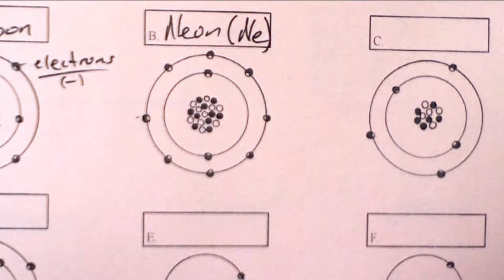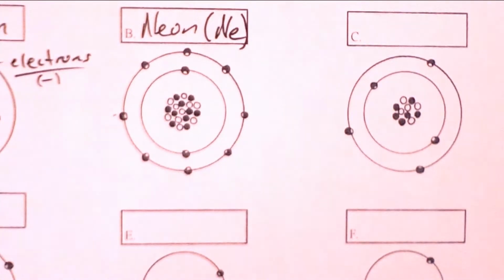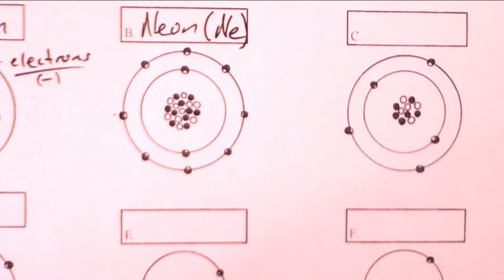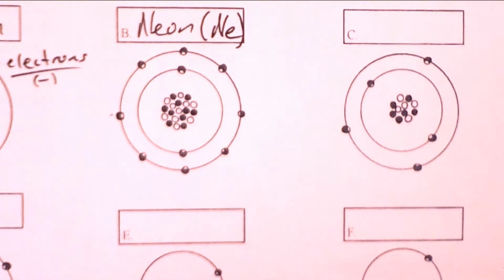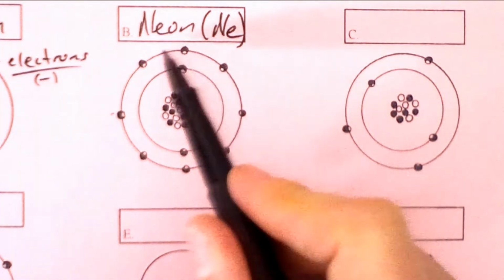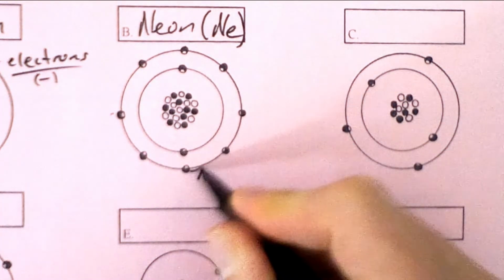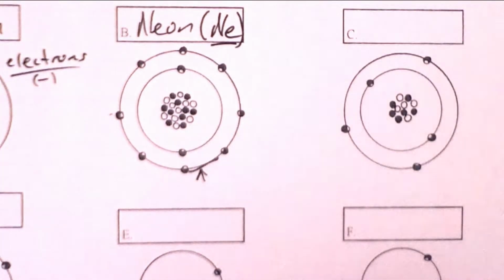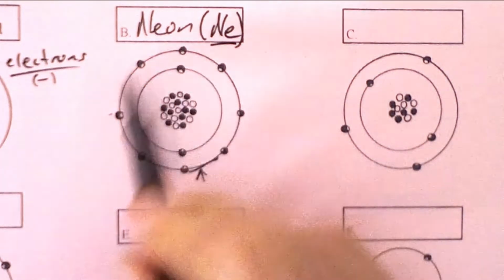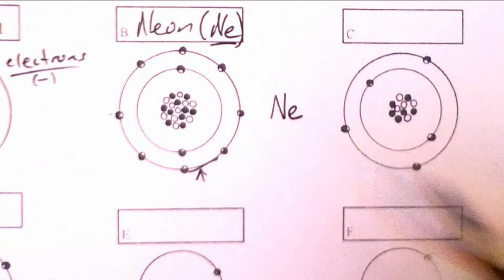Well, the next thing that we need to know how to do is turn these Bohr models into electron dot diagrams. Electron dot diagrams help us when we're working with bonding and when we're working with chemical bonds. And so we try to simplify the model so that we only look at the number of valence electrons, which is the outermost energy level. And so the first thing we do is we just start with the symbol of the element. So we identified that this is neon based on the number of electrons or protons. And what you do is you just write the symbol, so in this case Ne,